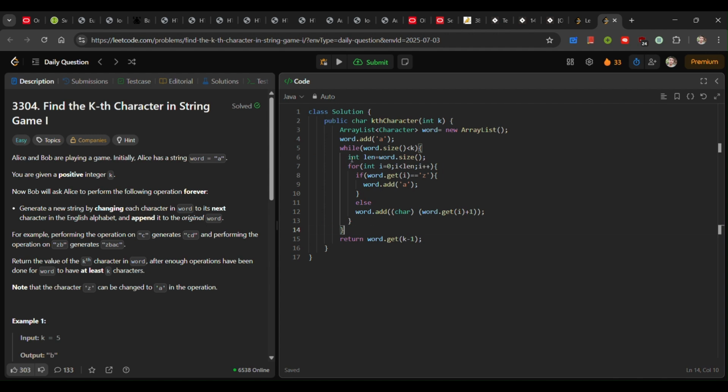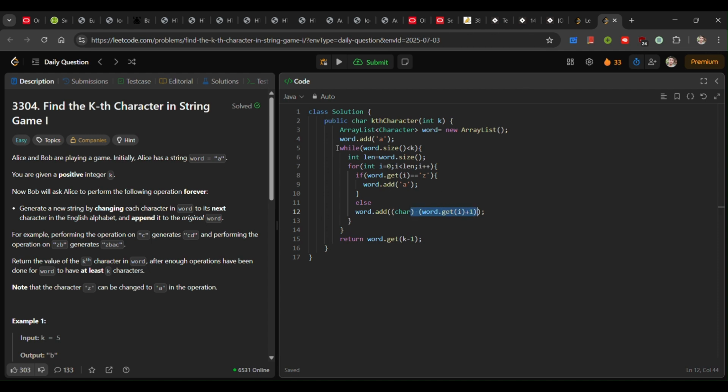In the while loop, if the length of the word is less than k, that means we have to do some more operations. So I will go into the while loop and do one more operation. Here, for Z, this is the base condition: if my character is Z, I will append A. Else, we simply append by adding one to the character, so we get the next character of that letter.